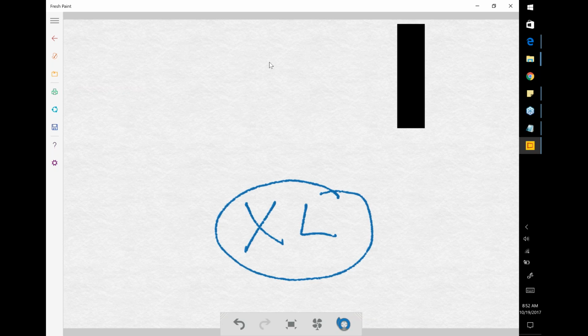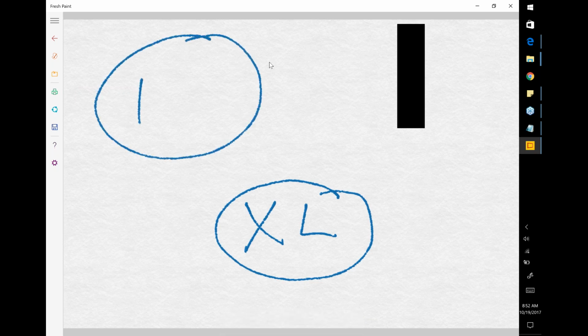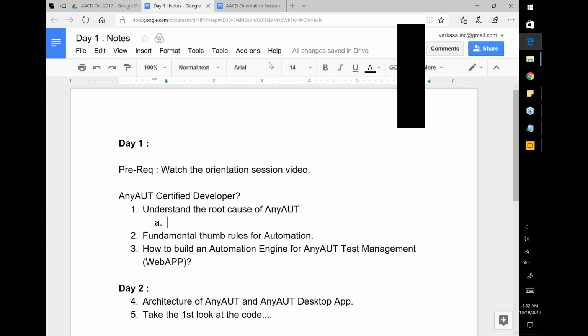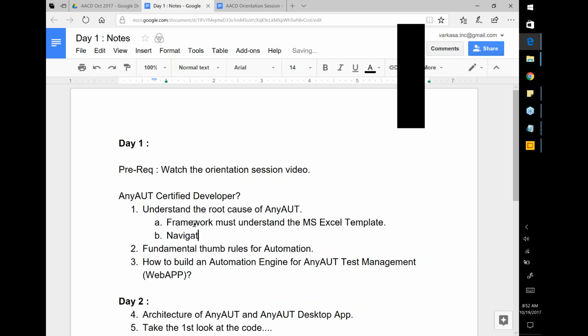And then our framework was smart enough to understand the format of the Excel. This is one very, very important keyword, team. Framework must understand the MS Excel template. What does that mean? It means that it needs to navigate through the Excel